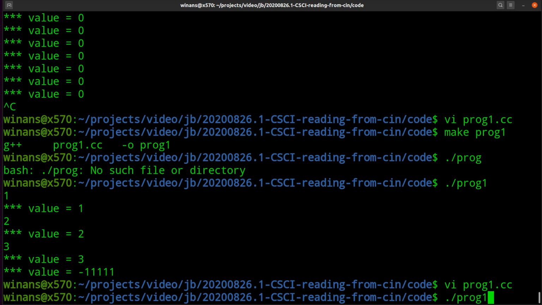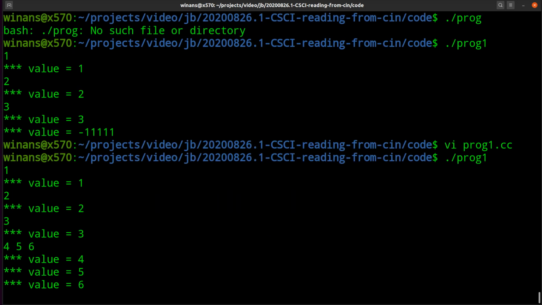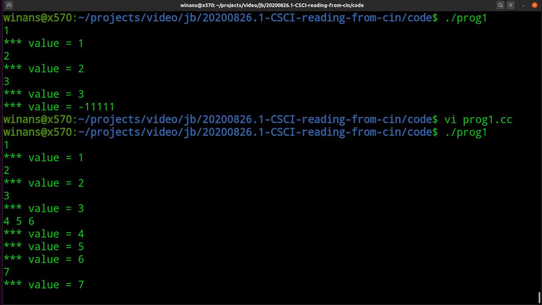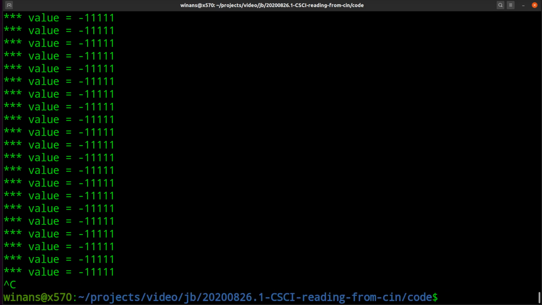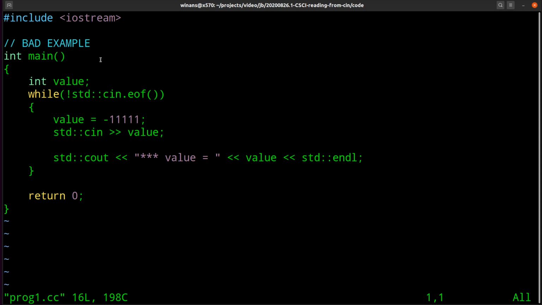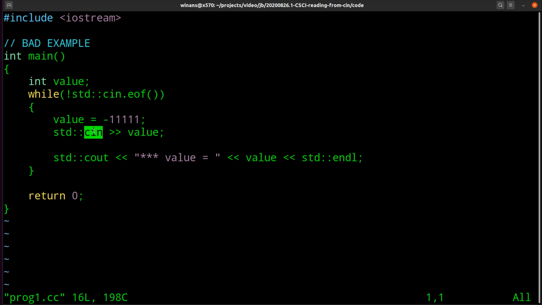Okay, so far we understand it's not what we want, but we understand it at least this time. So now let's put in a 1 and a 2 and a 3 and a 4, 5, 6 like this. That all works great. And we put a 7 maybe, and now we put QWE in there. All right, now we're getting all the 11111 and it's spinning endlessly in a loop. I hit Control-C to stop it. And we see that, in fact, when there's garbage in there, it constantly tries to read the garbage over and over again, failing every time, leaving this unset. And then when we print it out down here, we get this value up there. All right, so this at least makes sense, even though it's garbage, okay?